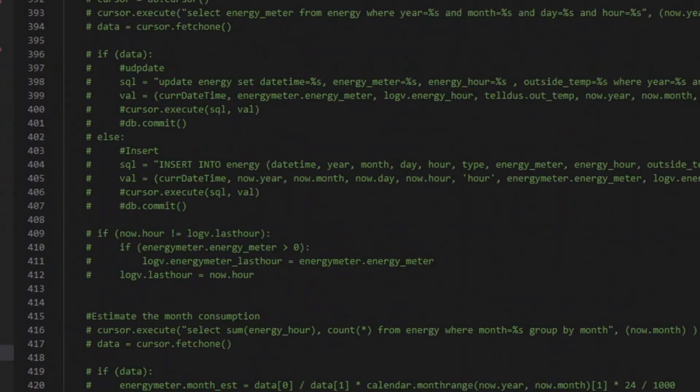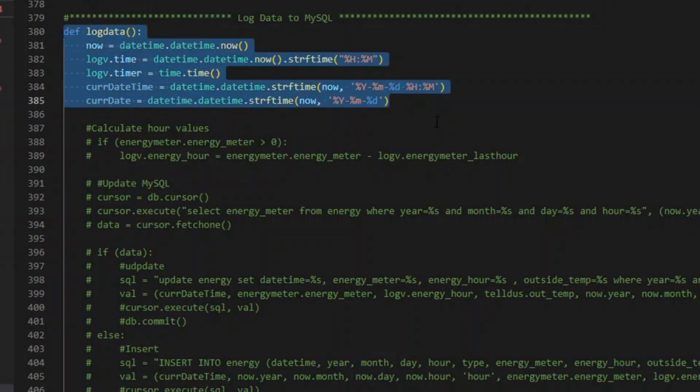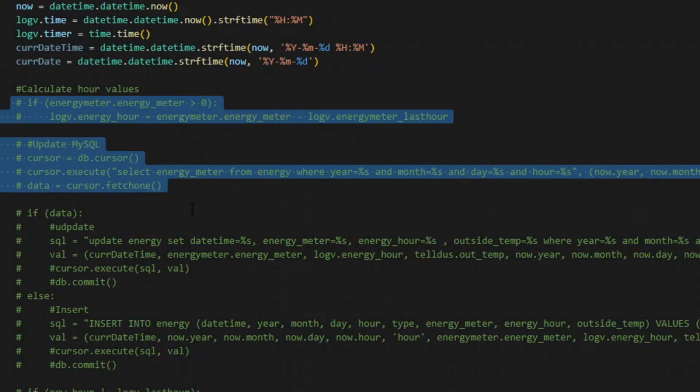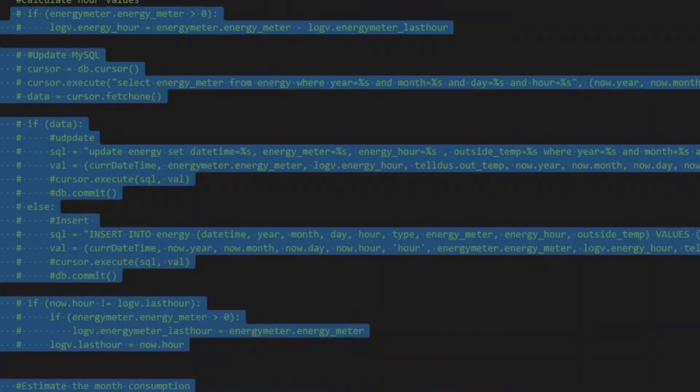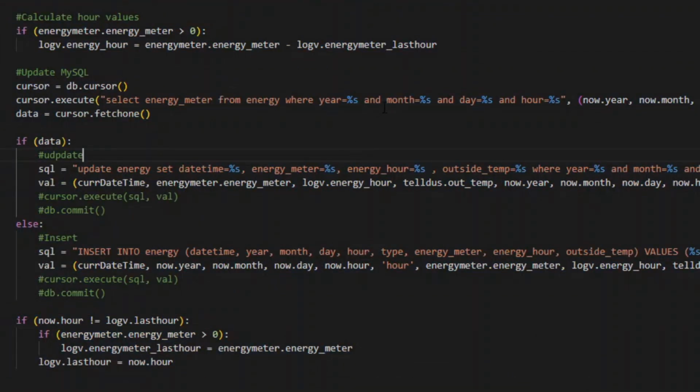So let's have a look at the function itself for logging the data. Here we have the log data function. And first I'm setting some variables to have some information about when the data is logged and timing and date and so on, that I also want to put into my log entries into the database. The next part here is all about, we'll uncomment it. This part is all about